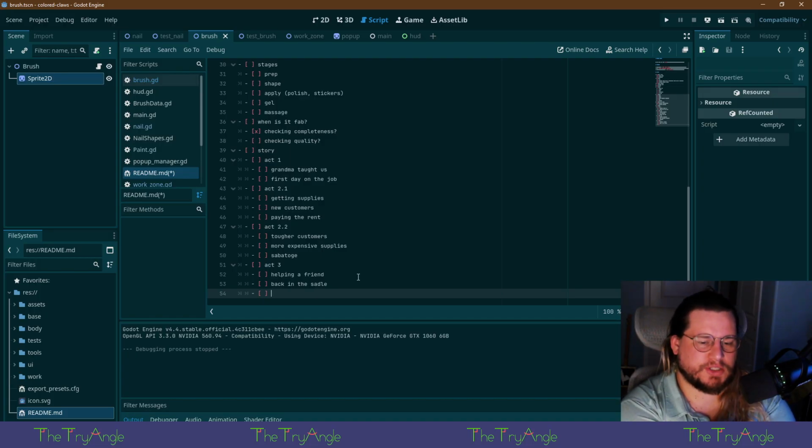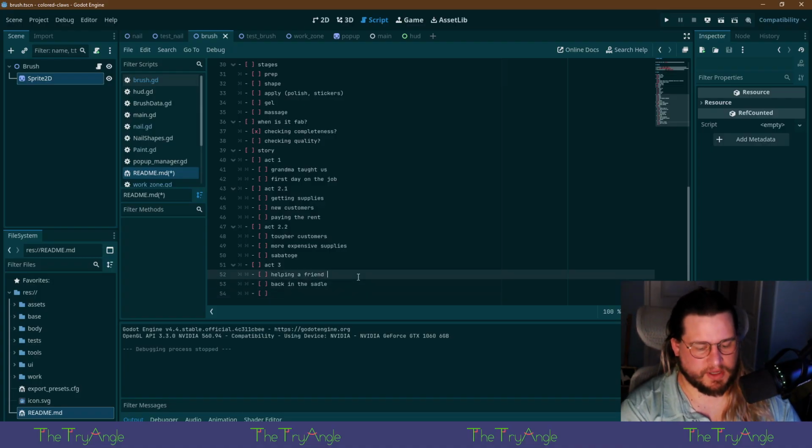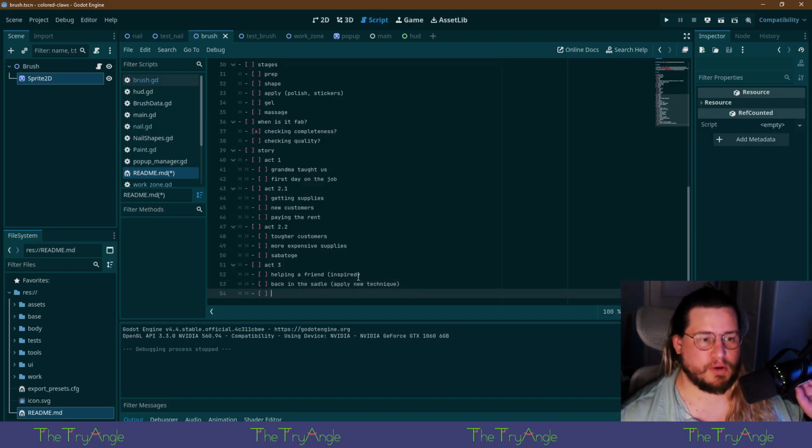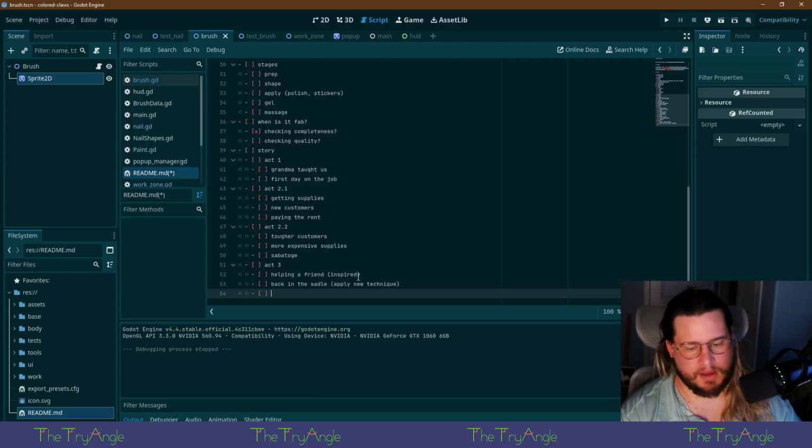If you've been sabotaged and you lose all your supplies, that's like losing all your tools. The only way to succeed after this, and you don't have the finances to just buy everything back, is to become innovative. Helping a friend, inspired, back in the saddle, apply new technique. Because you've got to be able to do something no one else can do. Business booms. Denouement.